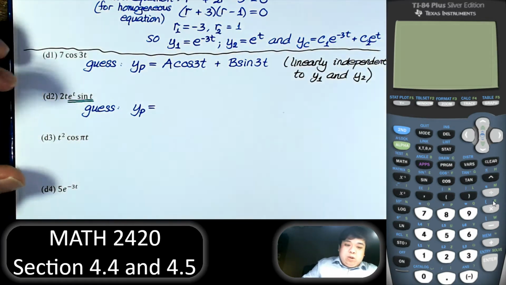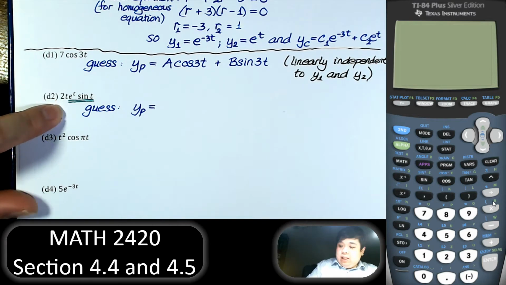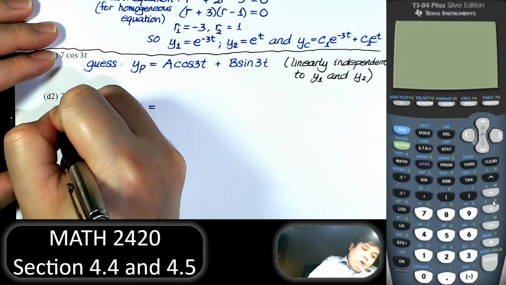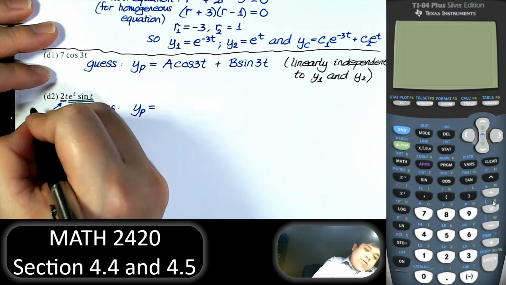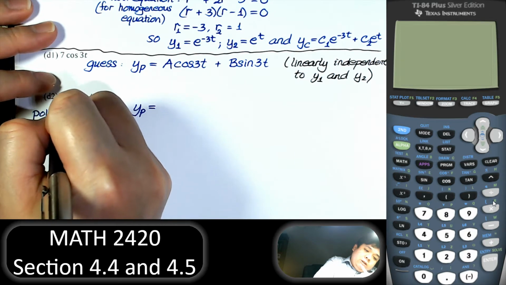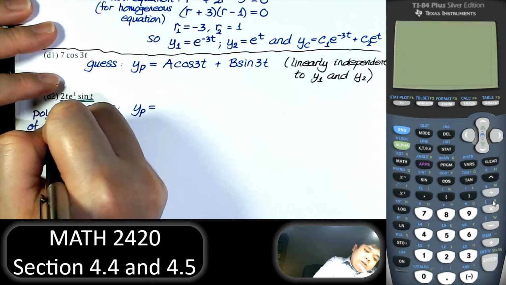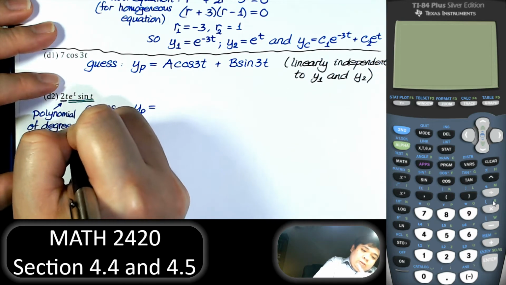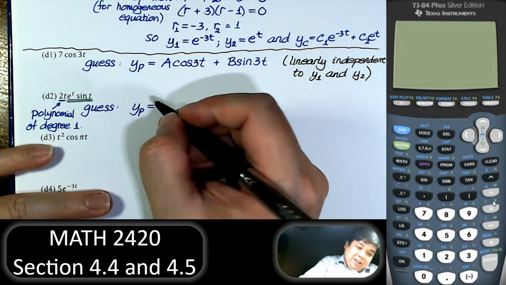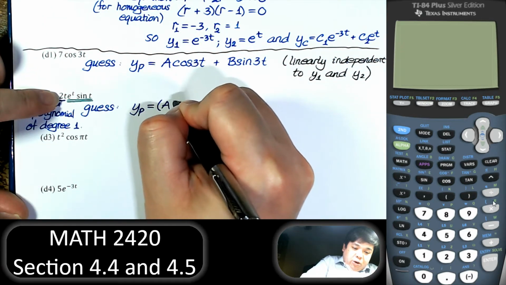But notice we also have a polynomial in front of that. We also have the 2t. And so this is a polynomial of degree 1. Or we could just say binomial. But this is degree 1, so we're going to have a polynomial of degree 1